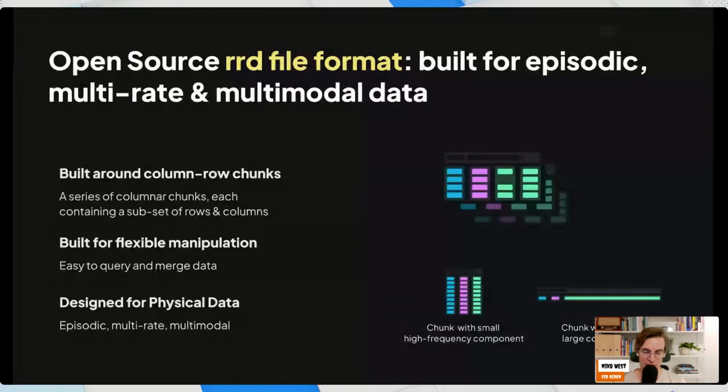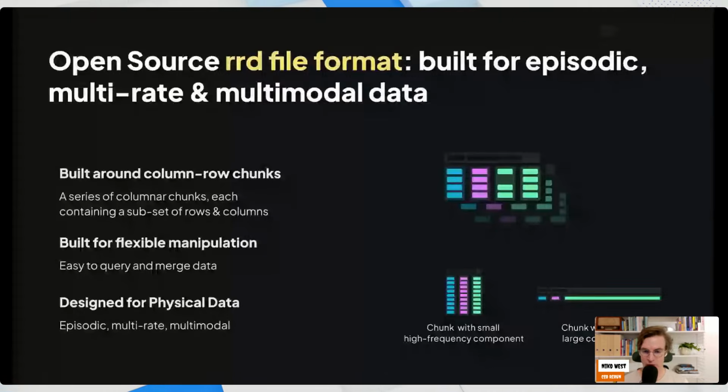That is taking something like a robotics recording and breaking it up. If you think of a recording as a huge table, every row is what happened at a single timestamp, a single point in time. For instance, one column could be an image.